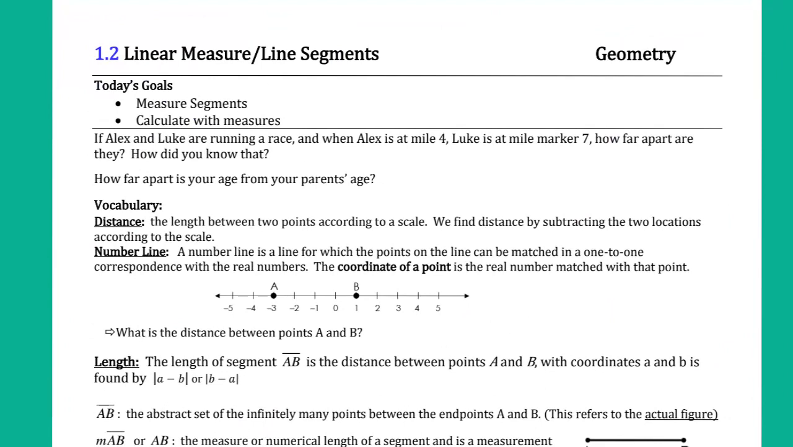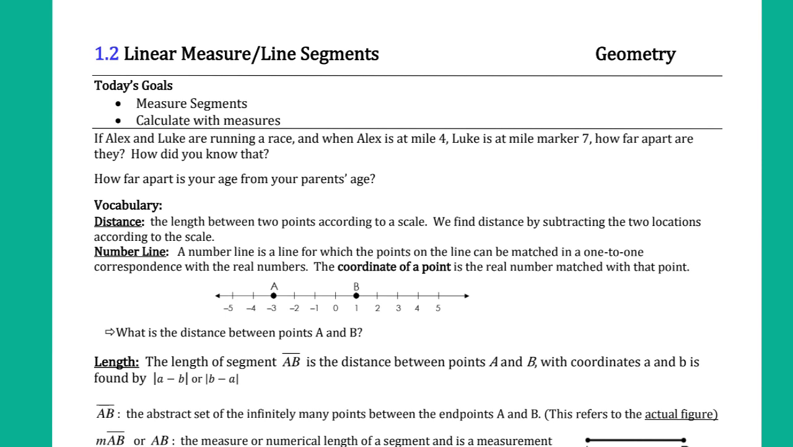if we read the intro, it says if Alex and Luke are running a race, when Alex is at mile 4 and Luke is at mile 7, how far apart are they? What's their distance apart? I bet you would say 3 miles. Why? Because he has to get to 5, 6, and then 7, and then he will get there. So if you subtract the two locations, then you're going to get a